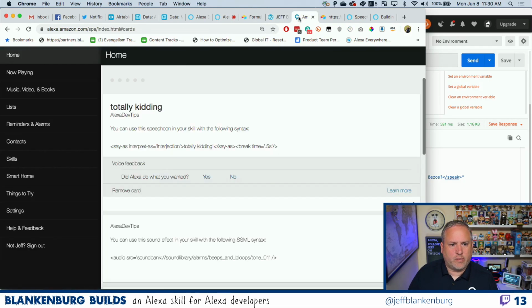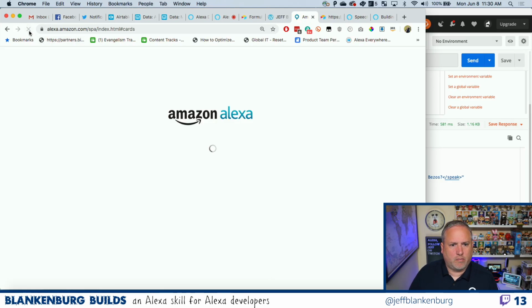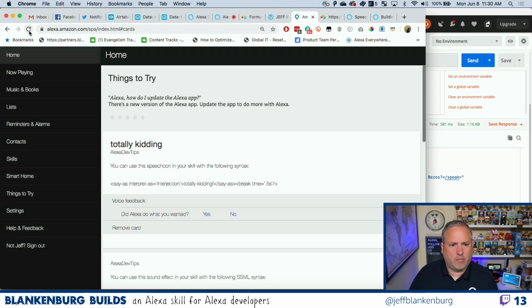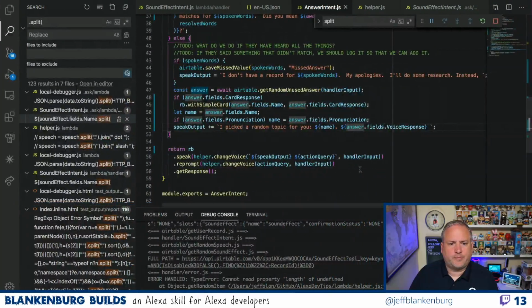Did we get a card for him? Why is there no card for him? Why is there not a card being created? Seems very odd.